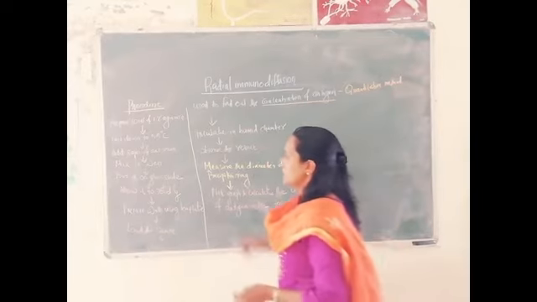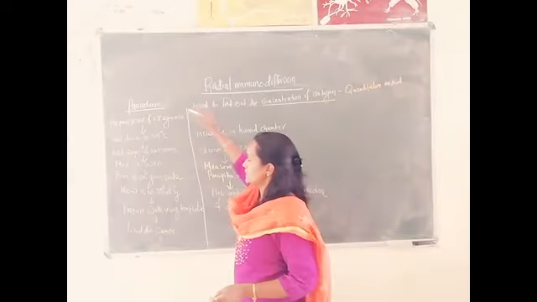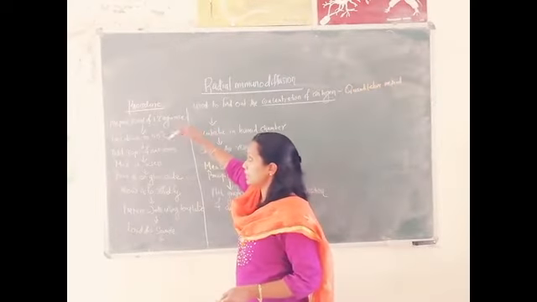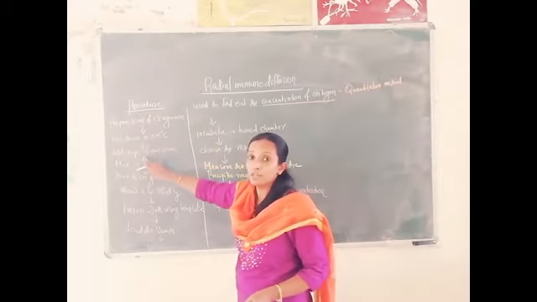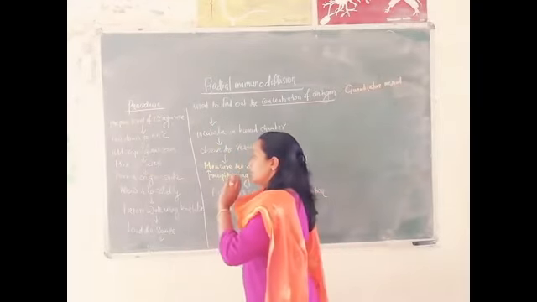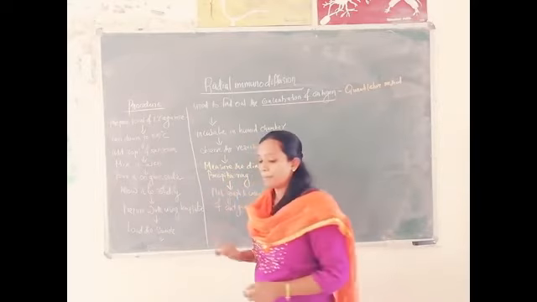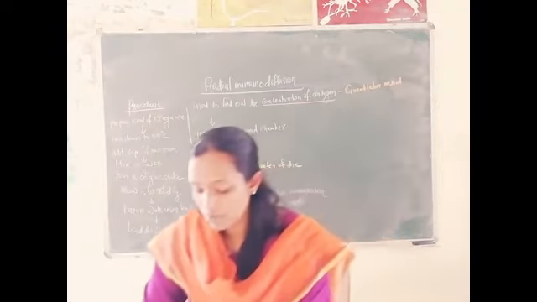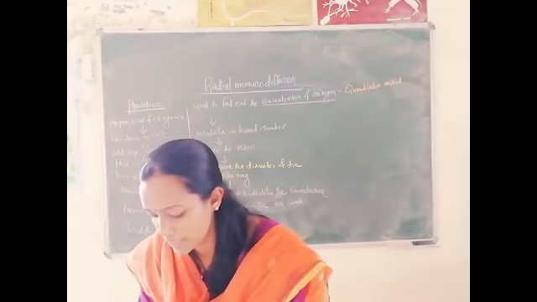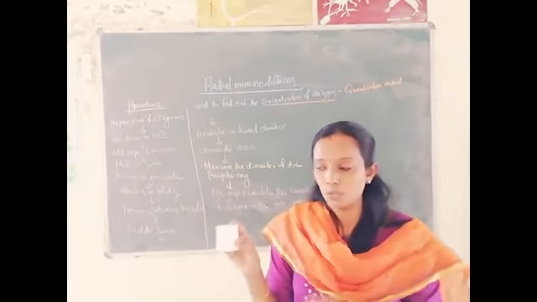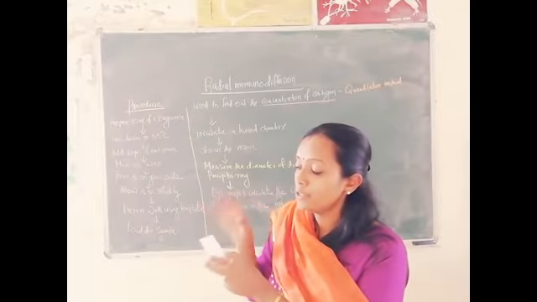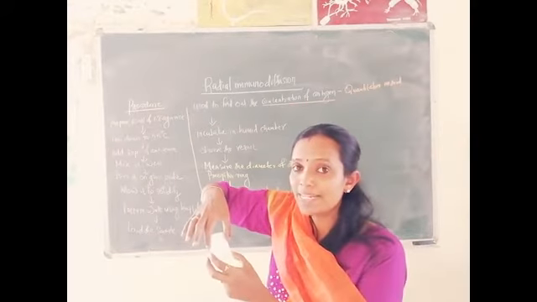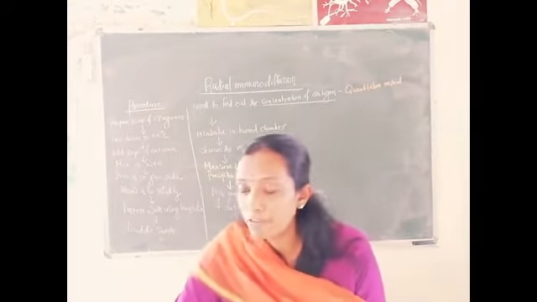Preparation of the plate: 10 ml of 1% agarose is required. You have to boil it, cool it down to 55 degrees centigrade, then add 80 microliter of the anti-serum. Once it is solidified, you have to prepare the wells. How will you prepare the wells? Below the glass plate, you need to keep the template. So these are the templates, with the names given. You keep the plate on top of this template and make the wells with the help of the gel puncture.